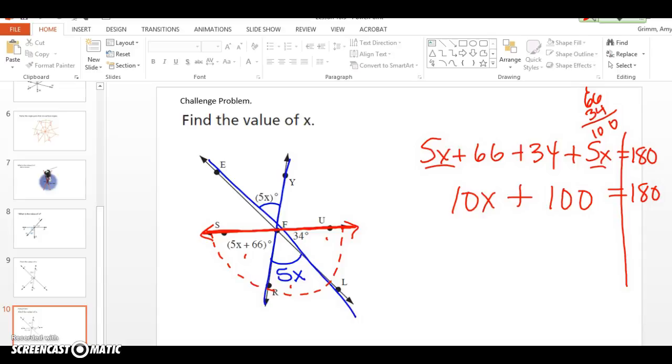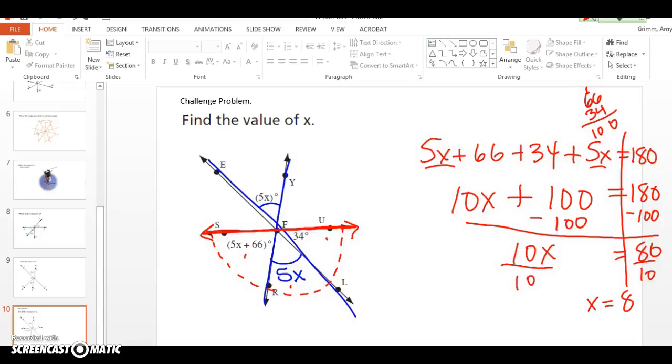And then, do you know how to solve from here? Sure you do. Now it's just a basic 2-step equation. This is super easy. All right, so 10x equals 80. Divide both sides by 10. And by the way, is this one you could have done mentally? No. So